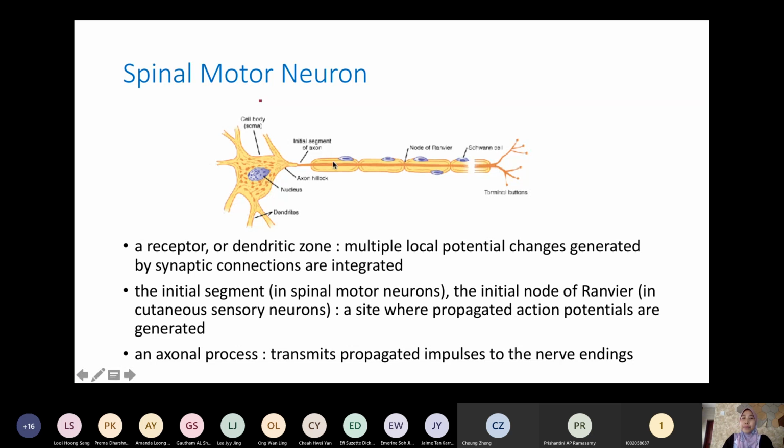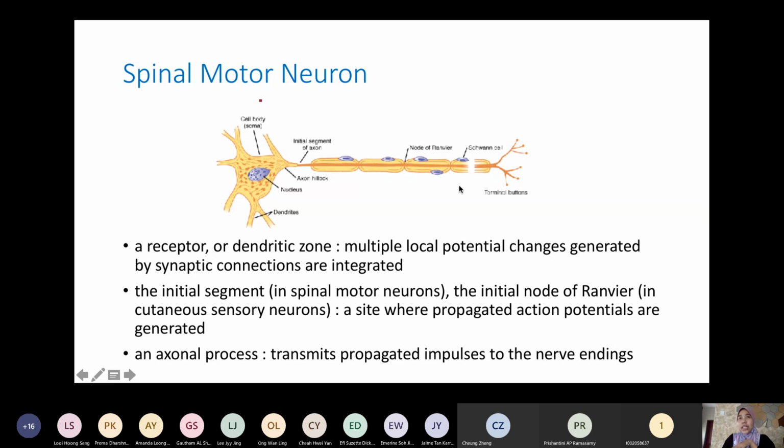But you have to bear in mind that these Schwann cells are acting like an insulator. It is a fat cell wrapping the axon, protecting the axon. When it is an insulator, it cannot pass the electrical current. So the electrical current in the spinal motor neurons, or any neuron that has Schwann cells, does not pass the Schwann cell, but will jump to the next node of Ranvier. In between the Schwann cells, we call it the nodes of Ranvier. So the electrical current will pass from one node of Ranvier to the next node of Ranvier. That's why we call it the fast motor neuron.